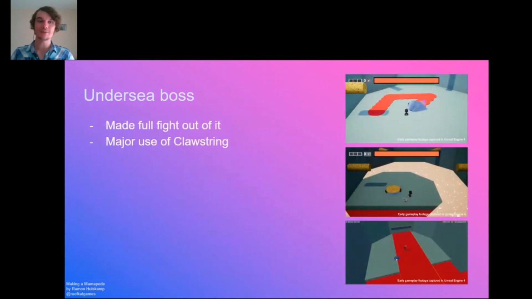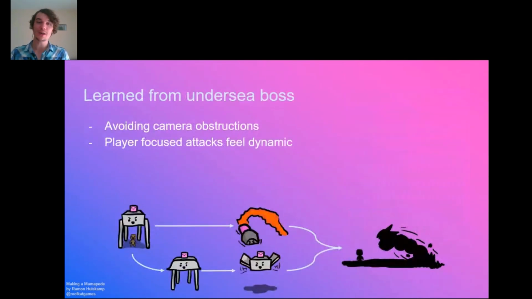So I made a full boss fight out of it. It was probably one of my favorite prototypes to make because it made just so much use of this clustering tool. It had a lot of really different ways that you were dealing with it and interacting with it, which was quite interesting. So I learned quite a lot from this as well, but most of it was kind of reinforcing the previous lessons. And one of the things I did pick up on was that I should avoid camera